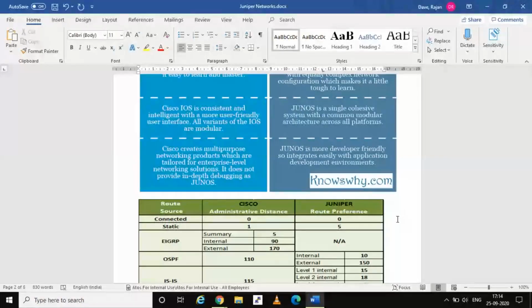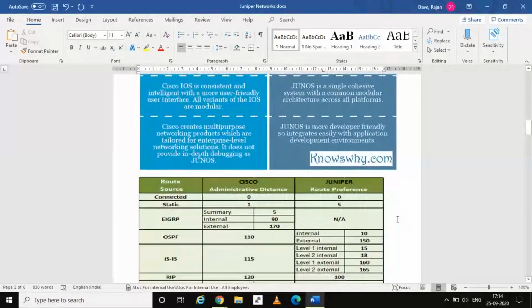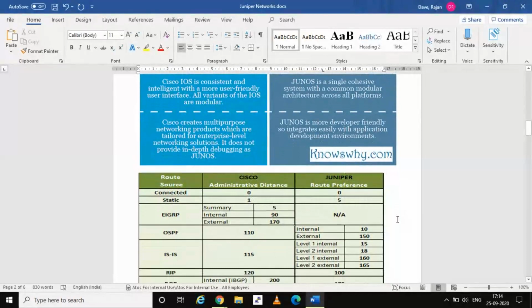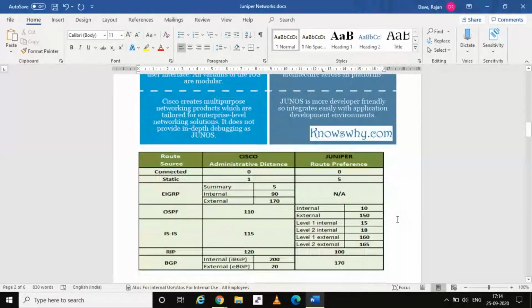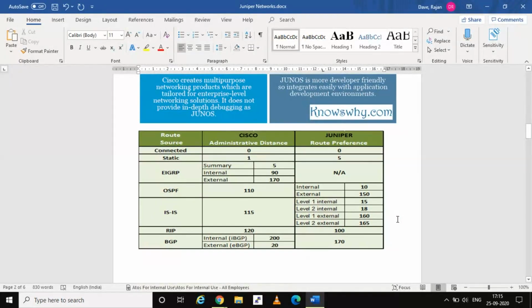Developer friendly. So there is a preferable one for Juniper devices over the SD-WAN side. And here in the picture we can see the administrative distance for routing. There is such a difference. You can see in the Cisco device we can call up that particular AD value, but in the Juniper device we can set it as a route preference.